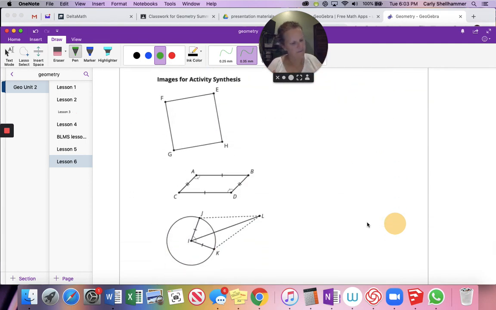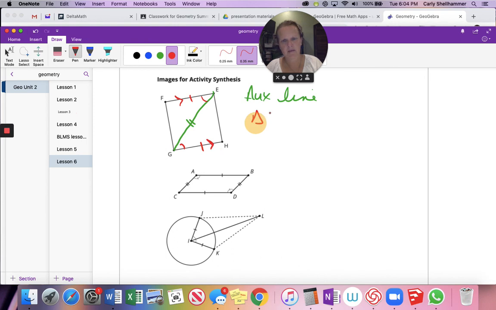Activity synthesis. All right. What auxiliary line would you add to the diagram to help you use side angle side? So, auxiliary line. Because that's congruent to itself. Okay, I'm not sure what else is going on here, but I bet you're going to get some givens that say things like, oh, I bet that's congruent to that. I bet this angle is congruent to this one, especially if these are parallel, because then those angles are alternate interior. Okay, so I can prove those two triangles,